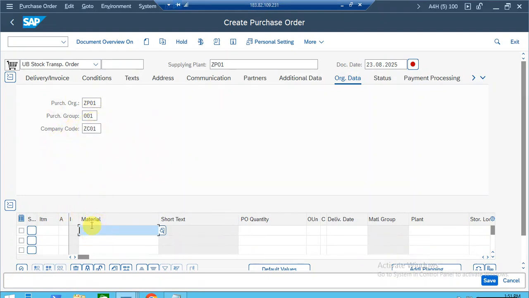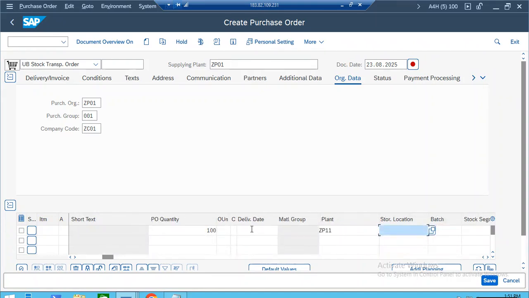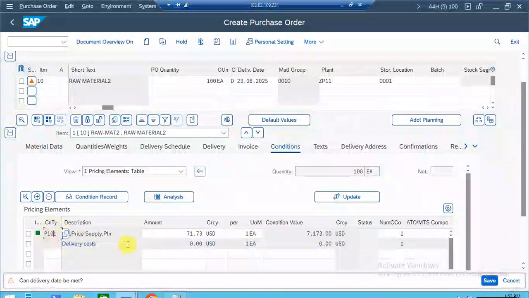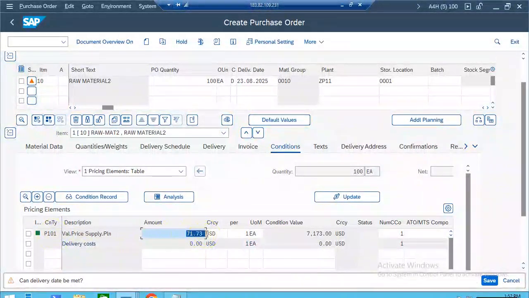Here I am entering material. Let's say our material is raw-mat2. Here I am entering quantity 100 and here I am entering receiving plant. So receiving plant we considered ZP11 and here I am entering receiving plant storage location. Press enter. So if you go to conditions tab, here you can see